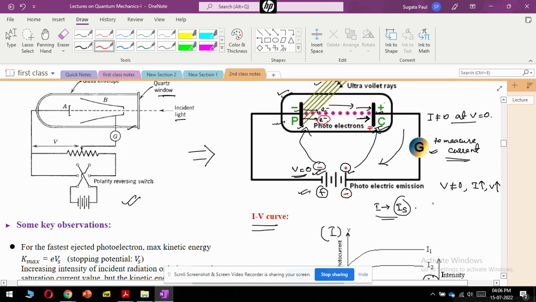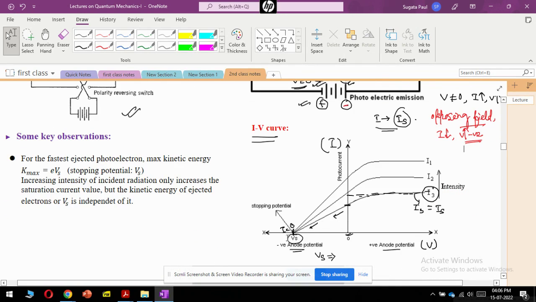Because of that opposing motion of the reverse field, the opposing field we will be applying in the negative direction, the current will gradually start to decrease as we increase the voltage in the negative side. And at some value, which is this stopping potential value Vs, so at V equal to Vs,